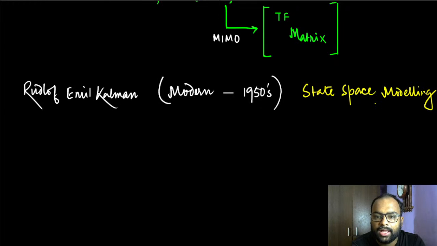And nowadays, if you are actually doing anything useful in the domain of control systems, it is highly likely that you are not using the transfer function approach. You are using the state space modeling technique. Okay. The idea is that